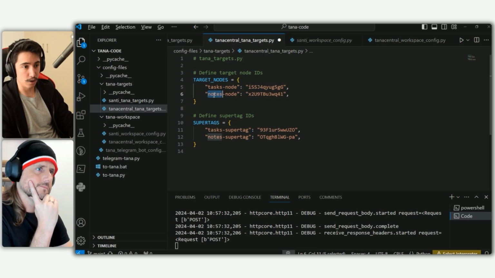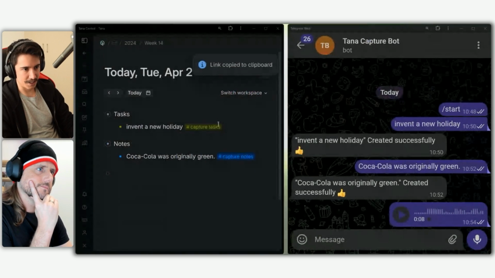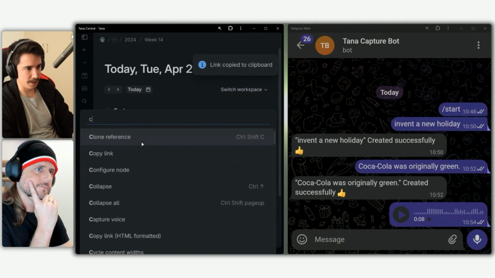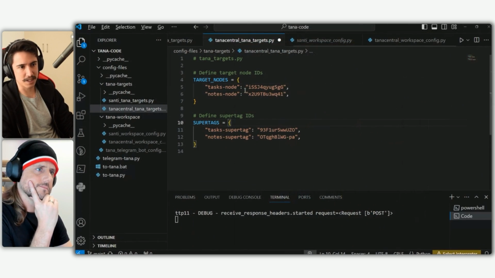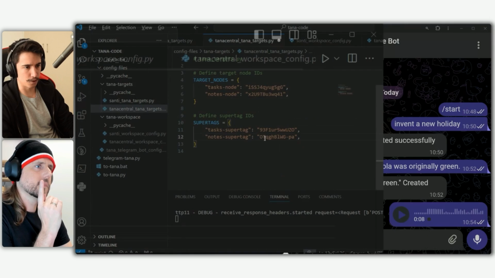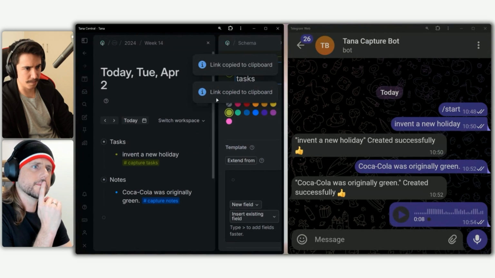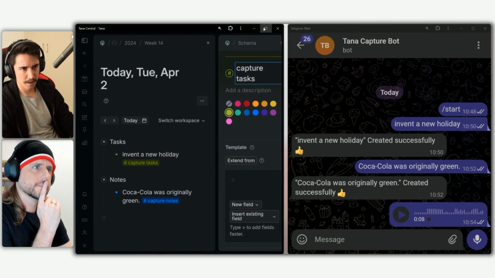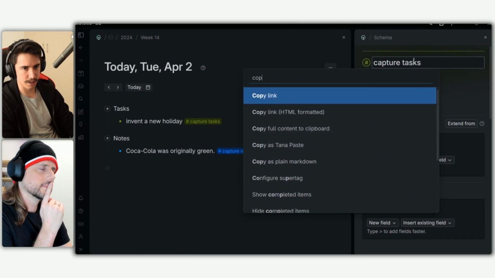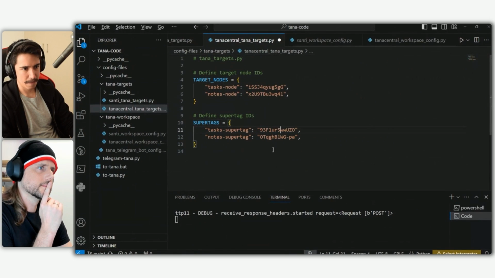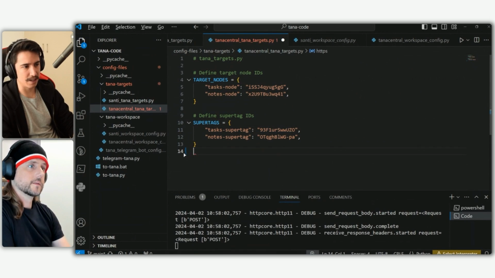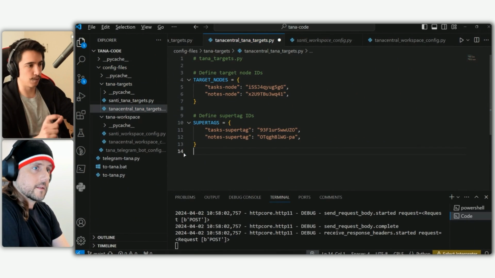The same for the nodes node. I just do the same thing. So I just copy this and I just paste the ID in there. So same idea, right? I'm just defining the things. Also for super tags, that one is a bit more confusing because you don't know exactly where to do that. But yeah, it's the same thing. I just do here, copy, link, and that gives us again another ID that I just paste and I extract this. So you just need to define the actual codes or the IDs for each one